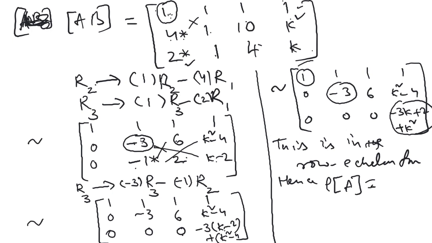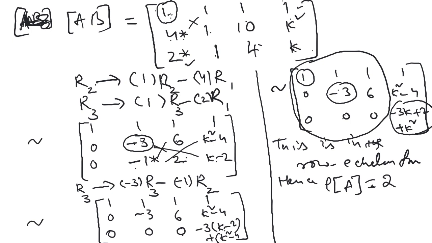Okay. So for this matrix, A is equivalent to this box, and this is in echelon form, and two non-zero rows are there in this circle. That means the rank of A is nothing but the number of non-zero rows in this circle. So what I'm getting is 2, because the rank of A is 2. If this k square minus 3k plus 2 is 0, what will happen? And if it is non-zero, the rank of AB will be 3.